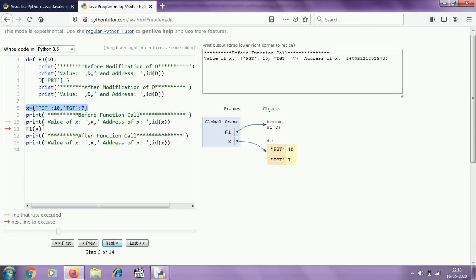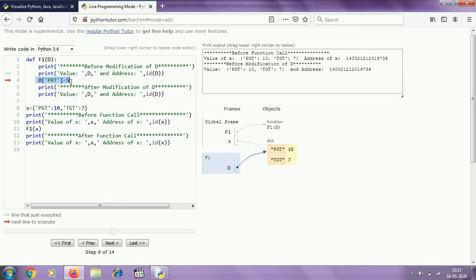After that the function will be called and the parameter is d. So d also points to this object. Now we are going to print the value of d as well as memory address. Here you can see that memory address of d is also the same as the memory address of x. Now here we are going to modify the dictionary.